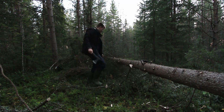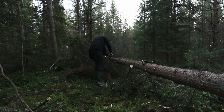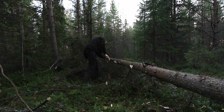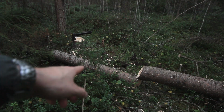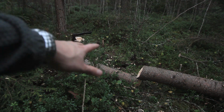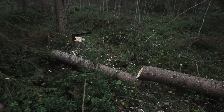It's working pretty great. So I just split off that one log there with a combination of the axe and the backhoe, and I'm gonna cut off another piece over there now with the same technique. This could maybe be split one or more times, for example, to make building material out of, like roofing shingles for a shelter or something,